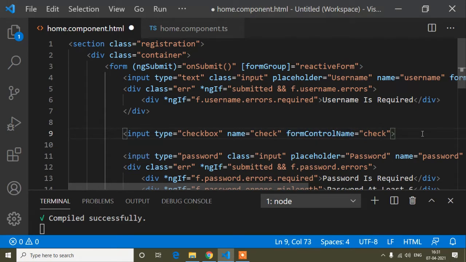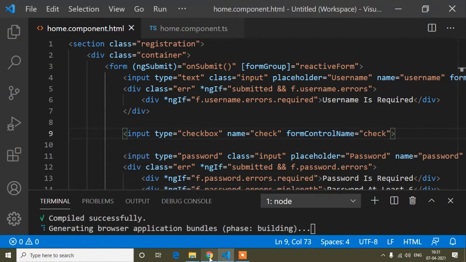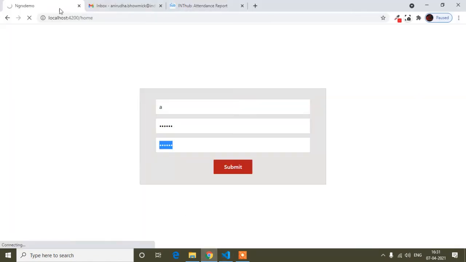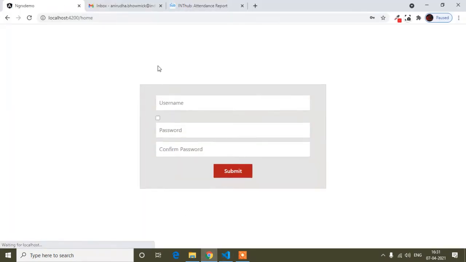That's okay. So if I save, here you can see a checkbox is added.